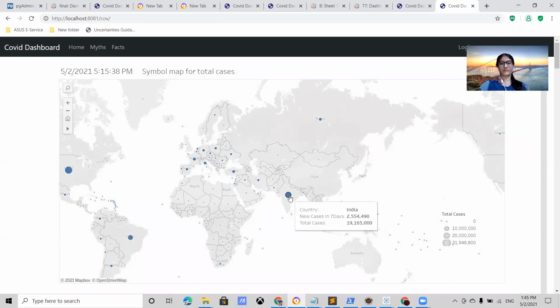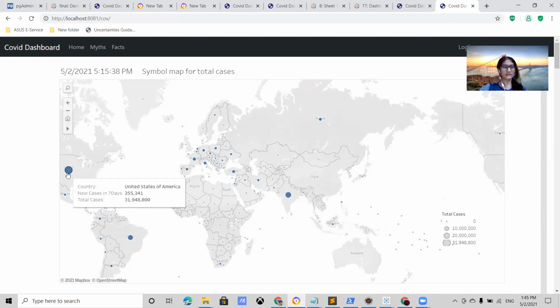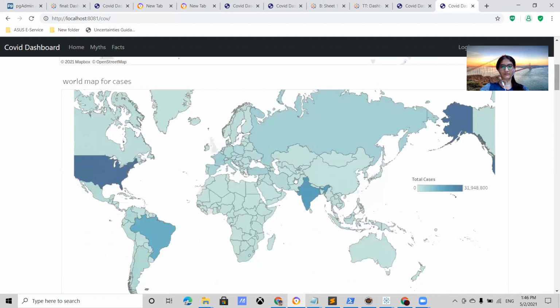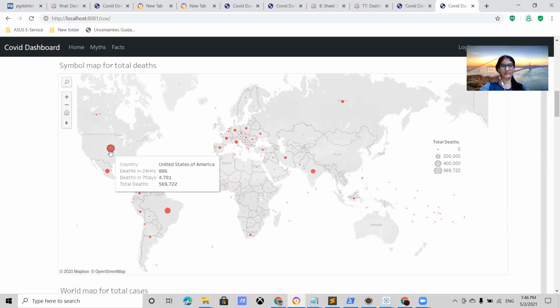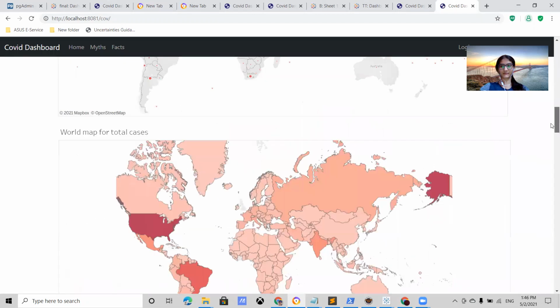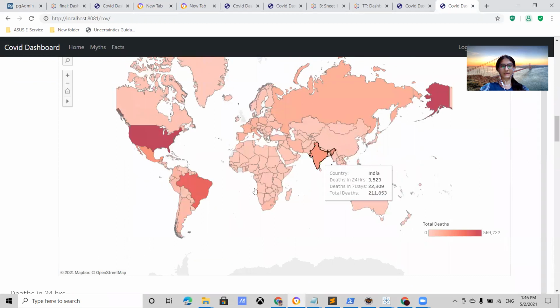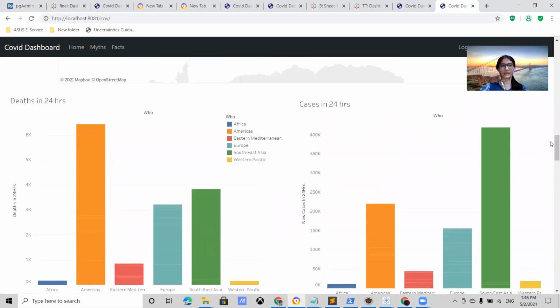Yes, now successfully the data in our website is also updated. We are able to see the total cases is like 1 crore 91 lakh, and in US it's like 3 crore 19 lakh. So same way we will be able to see for each and every graph. Total deaths, I didn't remember the number. But once it gets updated for total cases, then automatically we can assure that even the total deaths as well as all other columns are getting updated.